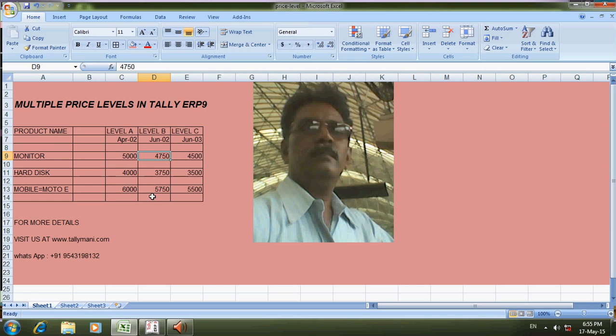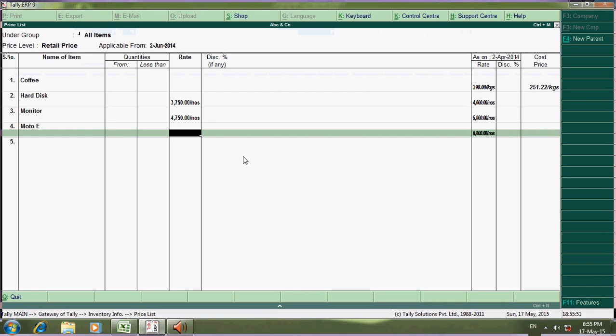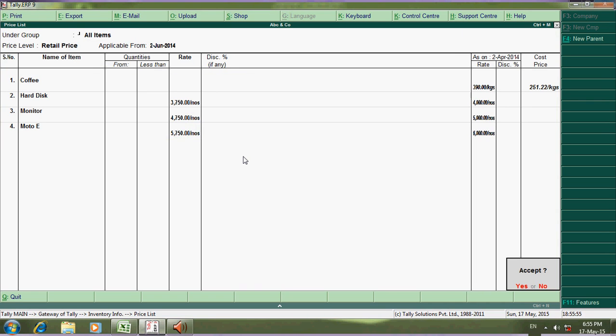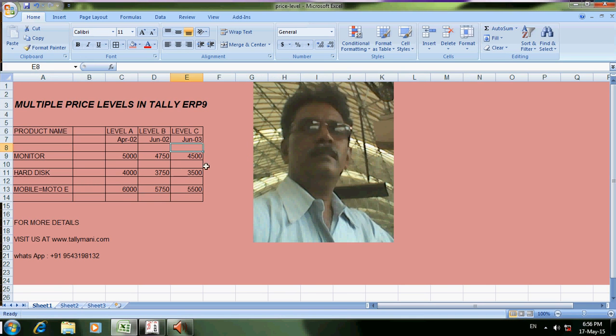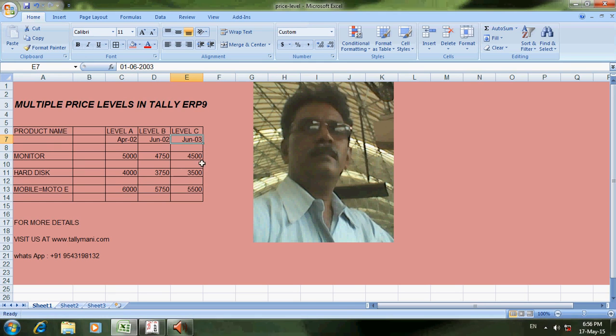Then Moto E 5750. That's it. Now slab 3 is level C from June 3. From June 3 the rates will take effect like this.